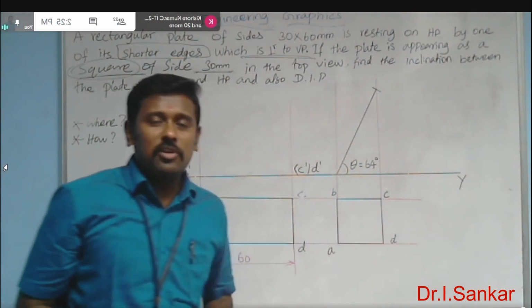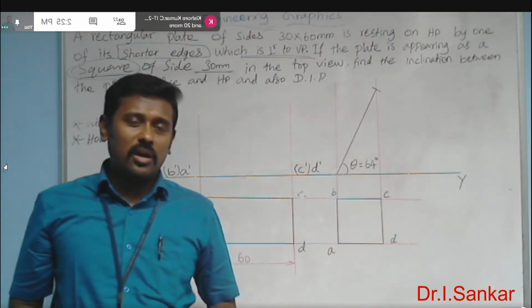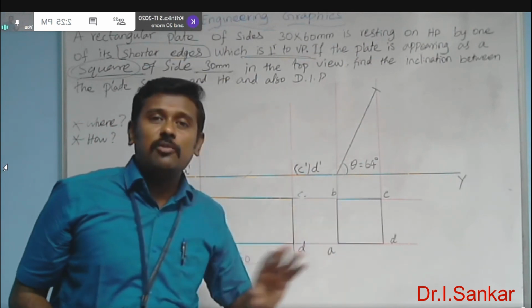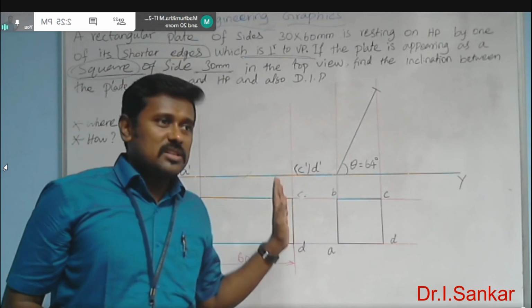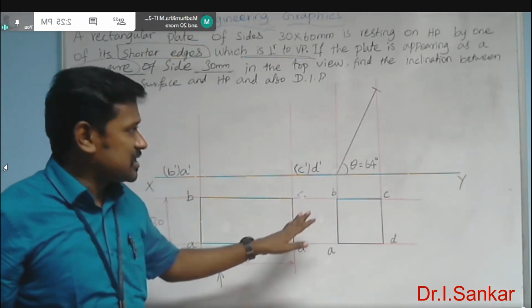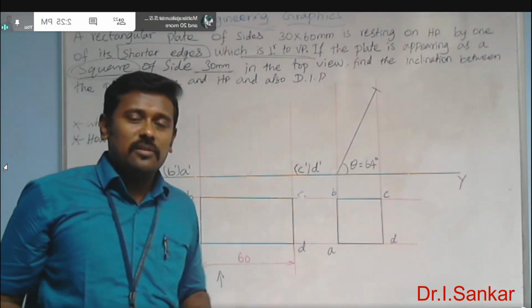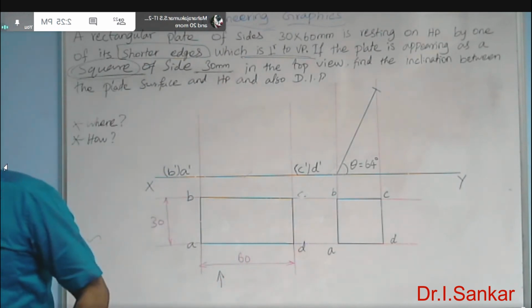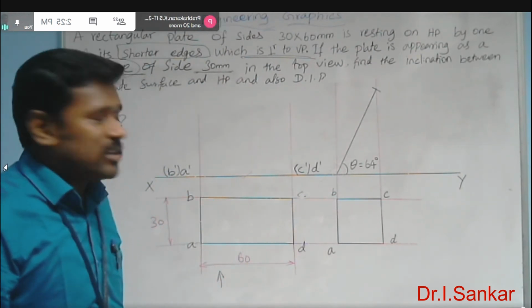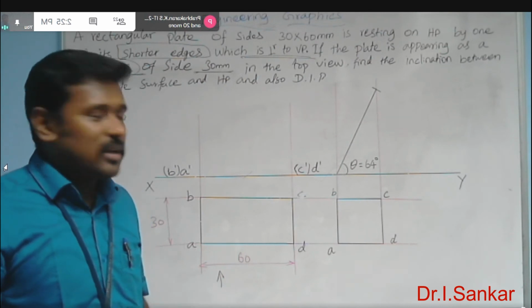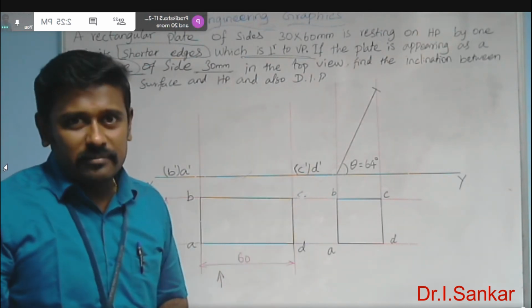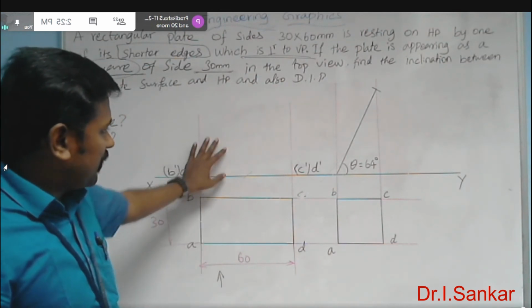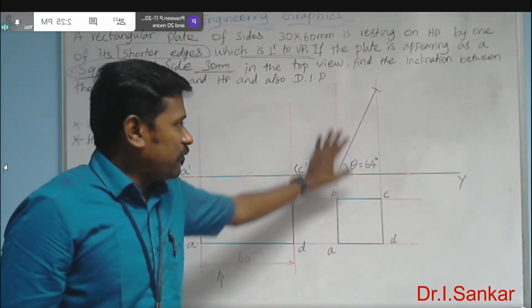64 degrees. If you practice this problem on your answer sheet with proper tools and proper dimensions, the angle value may vary. For this instance, in my rough sketch, the angle is obtained as 64 degrees. For you, the exact value may change. So in that way, you can complete the projection of this given plate along with the finding. Now the work is completed. We drew the simple front view, simple top view, final front view and the final top view.